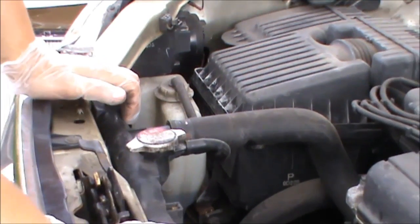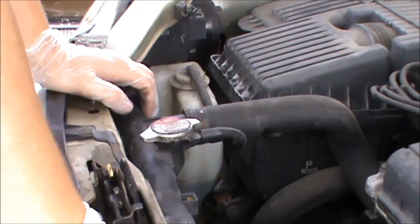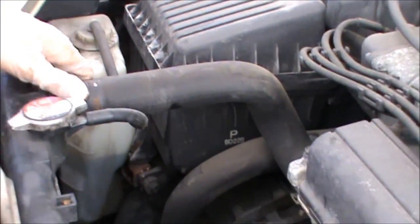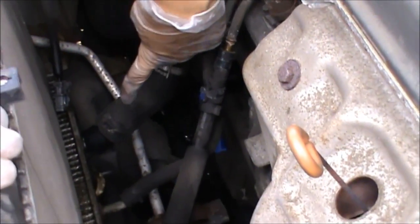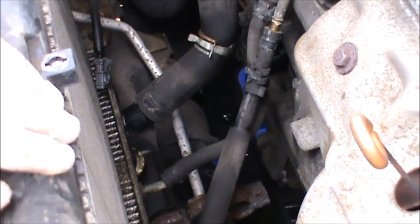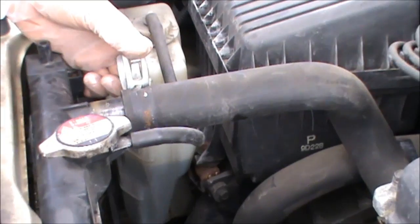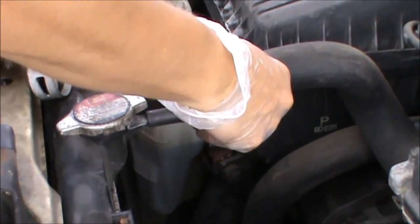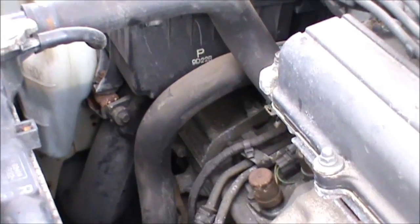Now you also need to remove the water hoses, and we have two of them on this radiator, one at the top and one at the bottom, as you can see. Now you need to remove the clamps which are holding the rubber hoses onto the radiator, and then it's a question of just pulling them out. But before you do that, you need to drain the radiator, and